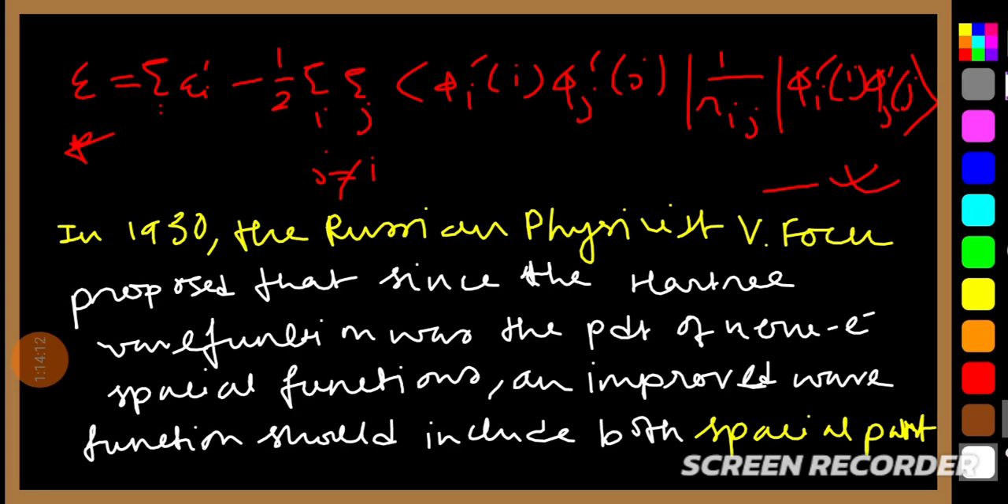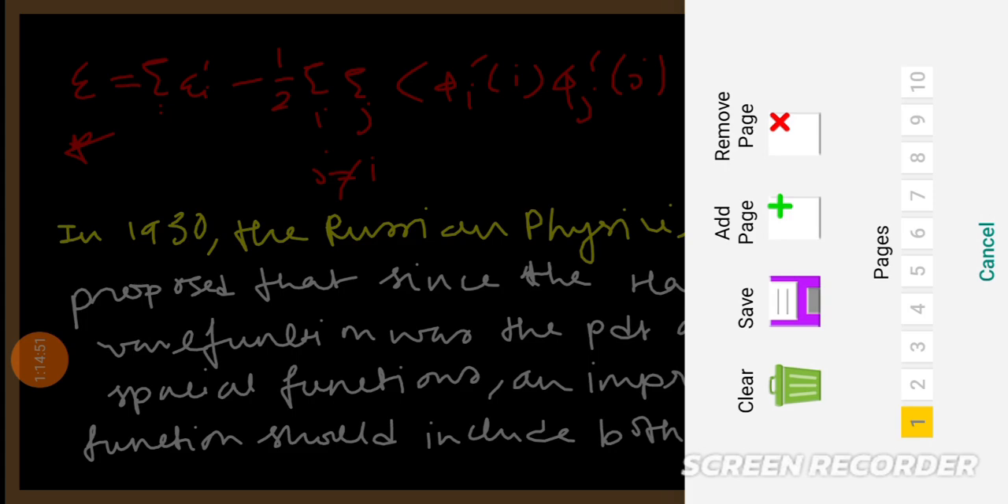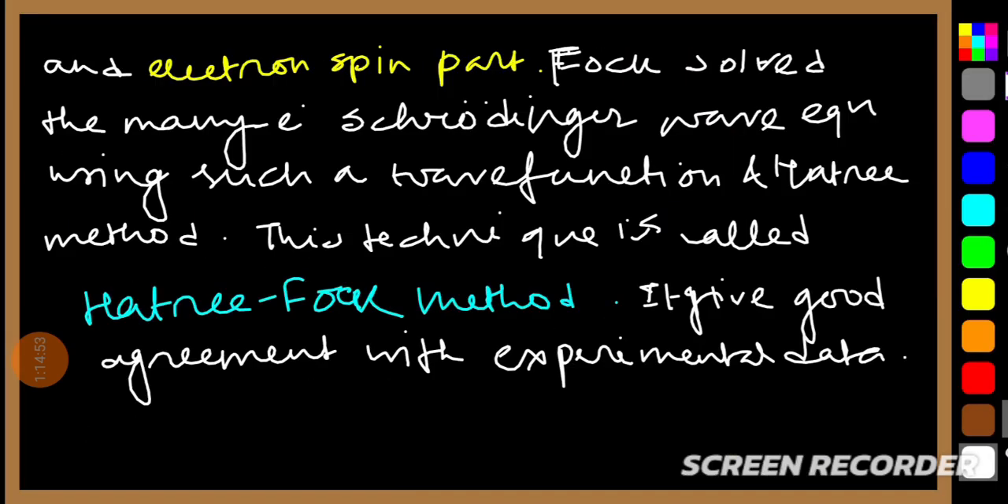But Fock introduced that the wave function depends not only on the spatial part but also on the electron spin part. This is the modification. Fock reviewed the Hartree method and considered it to be true, but modified it: the Hartree method depends only on the spatial part, but the wave function depends on the spatial part as well as the electron spin part. This modification is called the Hartree-Fock method. So Fock solved the many-electron Schrodinger wave equation